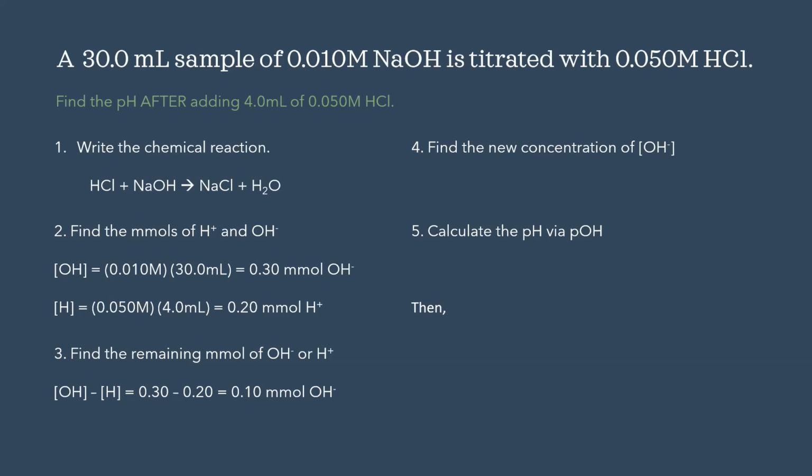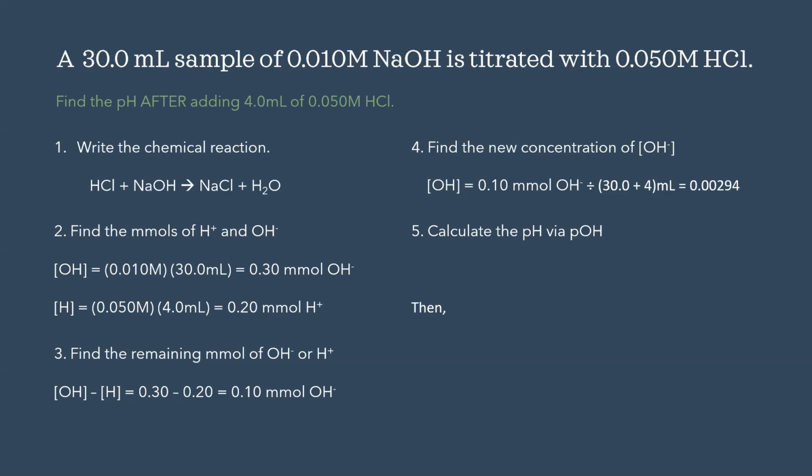Now the fourth step is to calculate the new concentration of hydroxide. We have to remember that we started with 30 milliliters, but we added an additional 4 of acid. So this changes the total volume, which thus affects the final concentration. Using the new millimoles of OH that we found, what remains, and dividing it by the new total volume, which is the 30 plus the 4, we get that the final concentration of the hydroxide is equal to